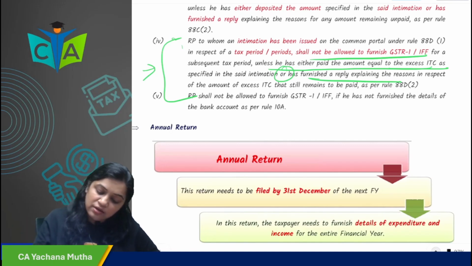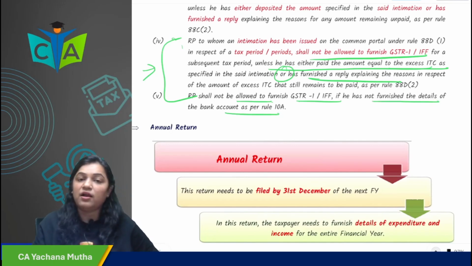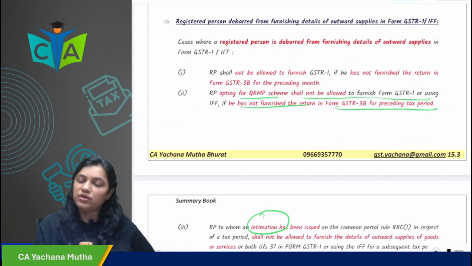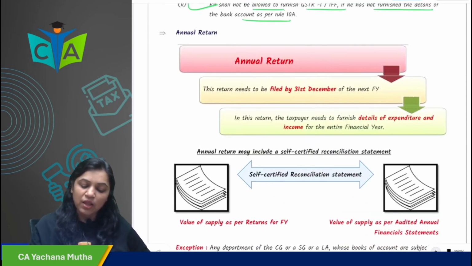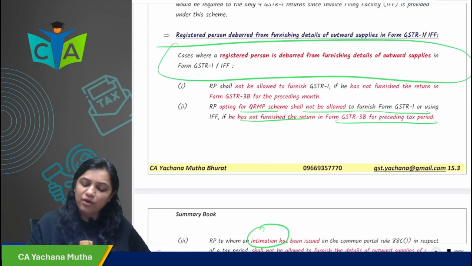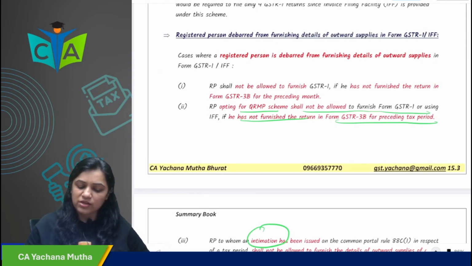GSTR1. And then you are not allowed to furnish GSTR1 if you have not furnished details of bank account as per 10A. You have not furnished details of bank account as per 10A, then also you are not allowed to furnish GSTR1 or IFF. Okay. Now next. So in these cases you are not debarred from furnishing details of outward supply in GSTR1 or